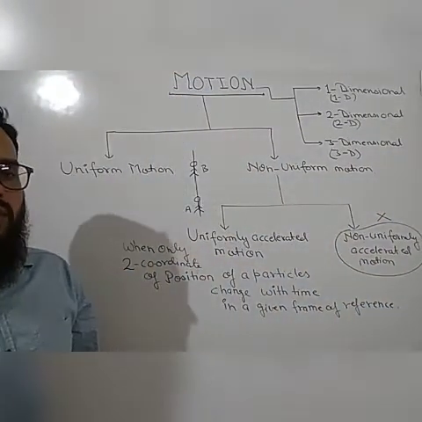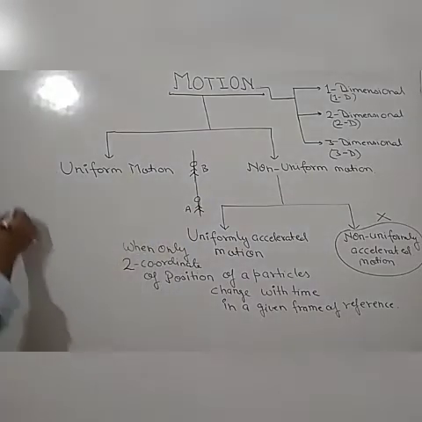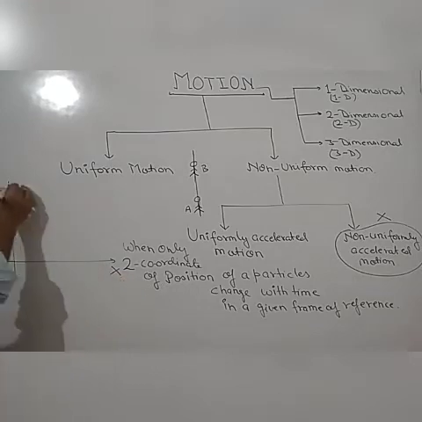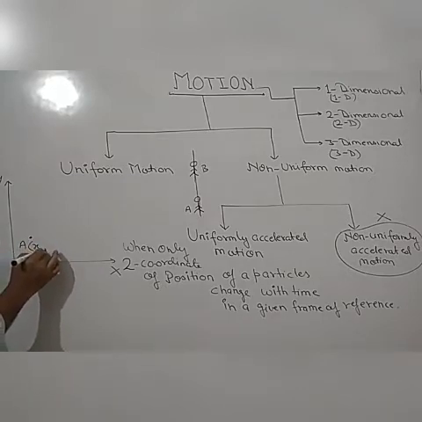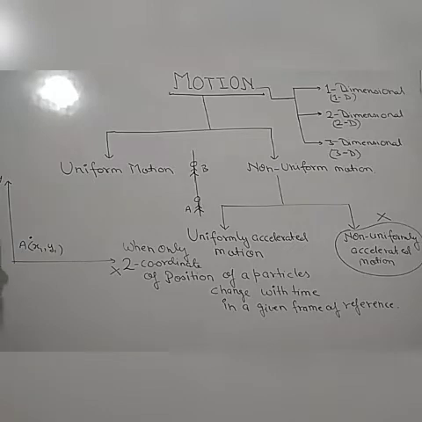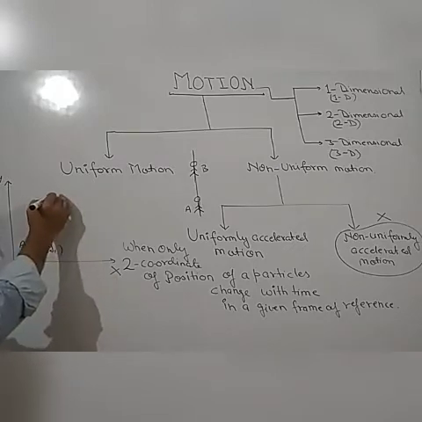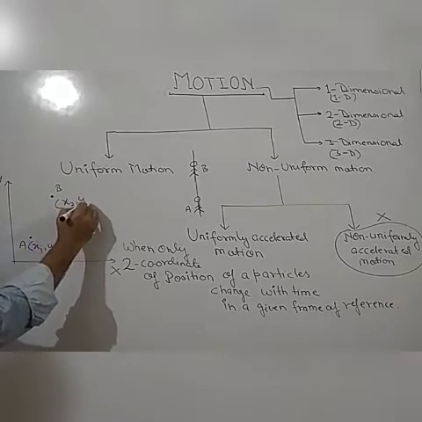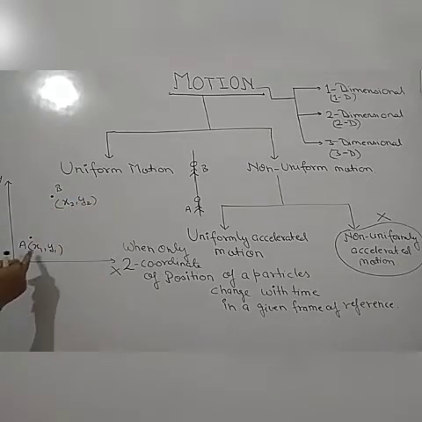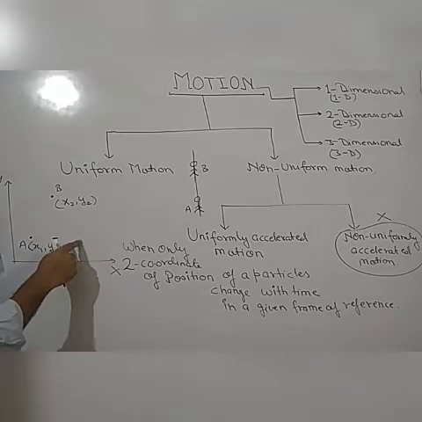So if we move on a floor in a random direction, what is the floor or the ground? It is the x-axis, it is the y-axis. Suppose the particle starts from this point. Let the coordinates here be x1, y1. It reaches point B. Now at this point, both the coordinates are changing, x2, y2. The position along the x-axis is changing and the position along the y-axis is also changing.